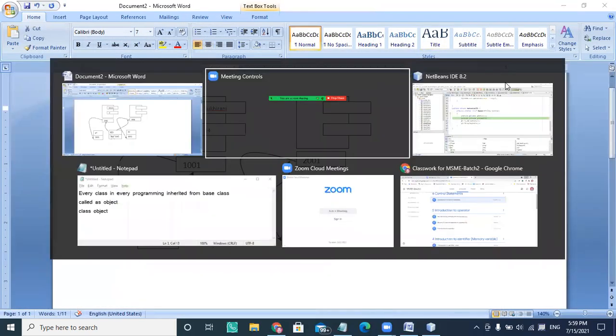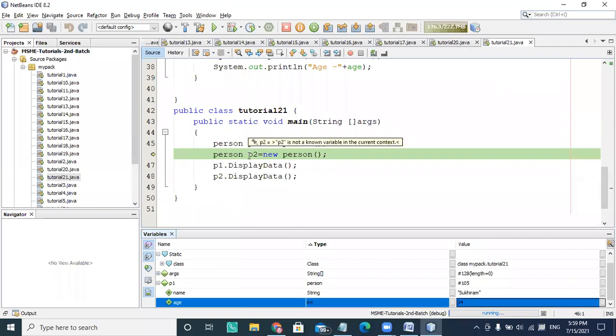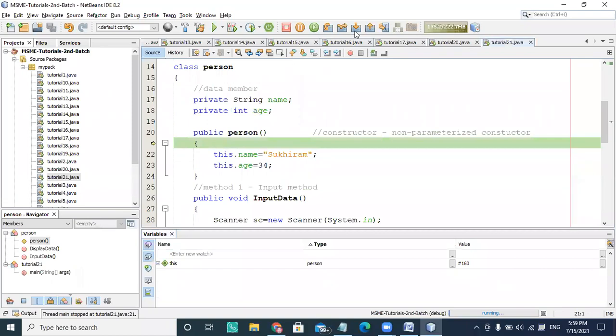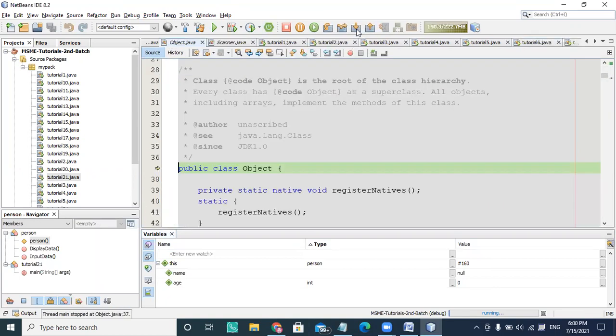If you see the next object, that is P2, it is going to initialize. So I'm going inside P2. Again, the constructor is getting called. And once the constructor is getting called, now look at that. The address of my P2 is 160 now. Previously it was 132 and now it is 160. So it is a different address, and this pointer is holding that address, and this pointer is giving a value to that information.